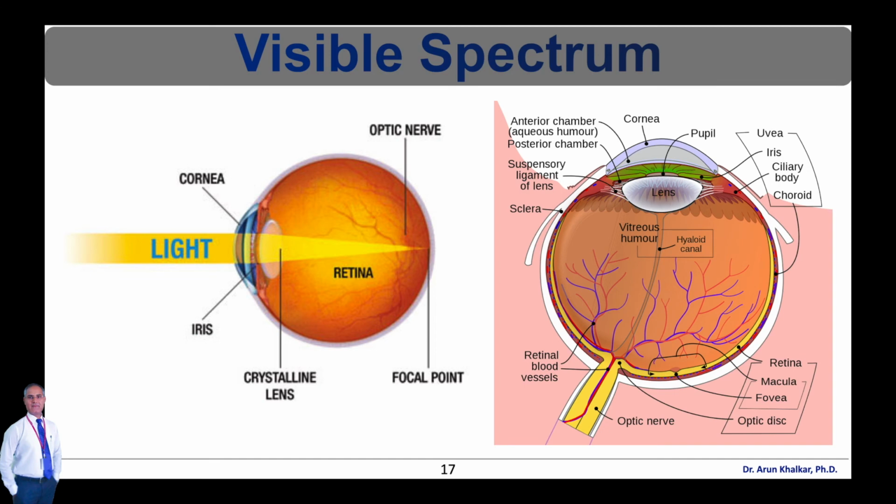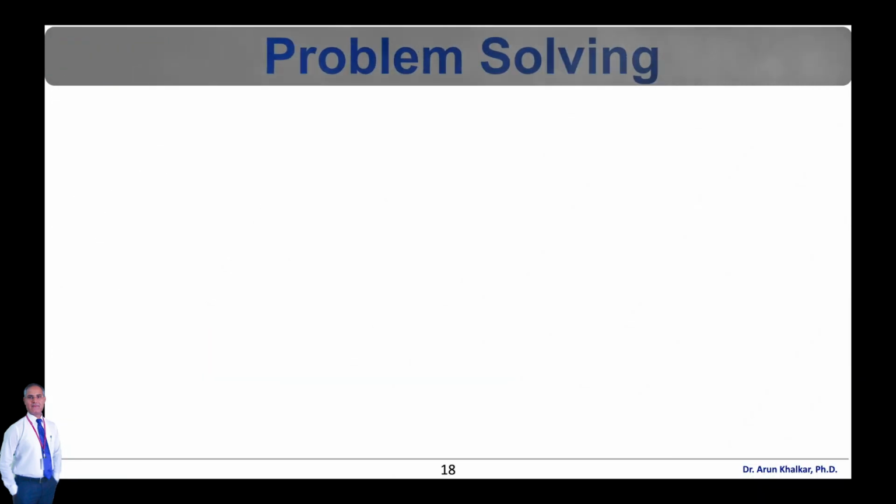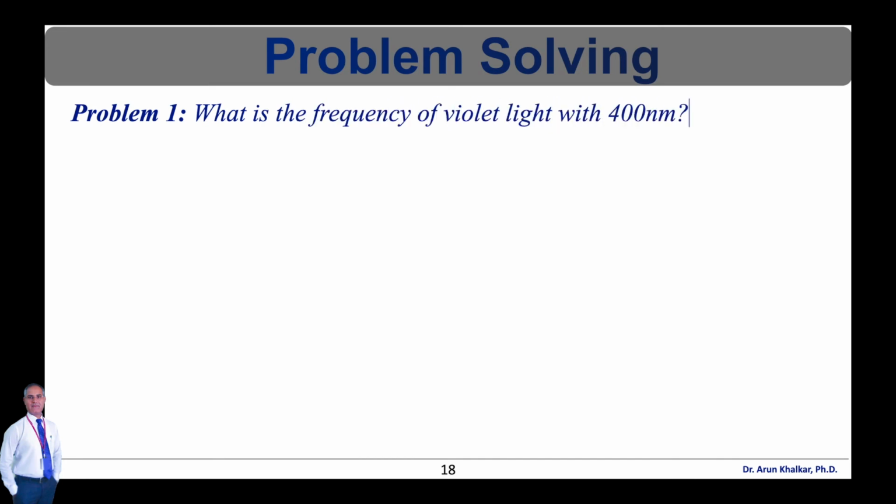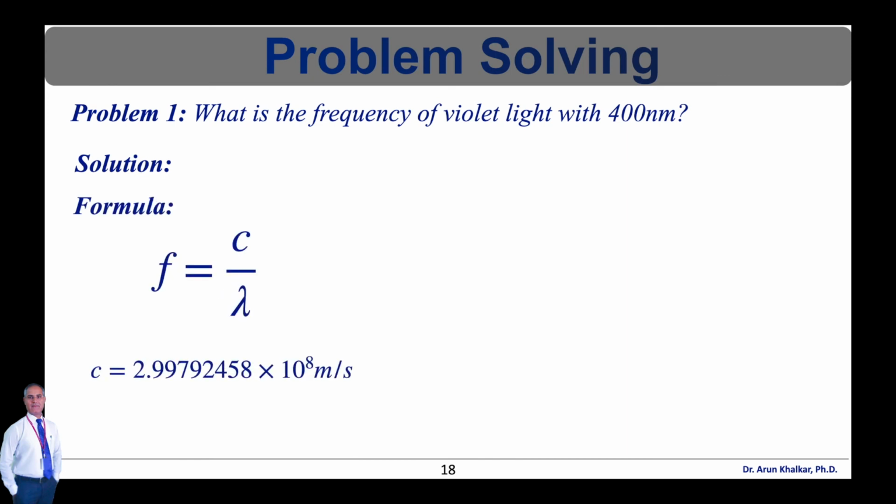Now let's see some numericals based on this topic. So let's see problem number 1. What is the frequency of violet light with 400 nanometer? The solution for this problem is as follows. We have the formula f is equal to c upon lambda, where c is the speed of light, whose value is